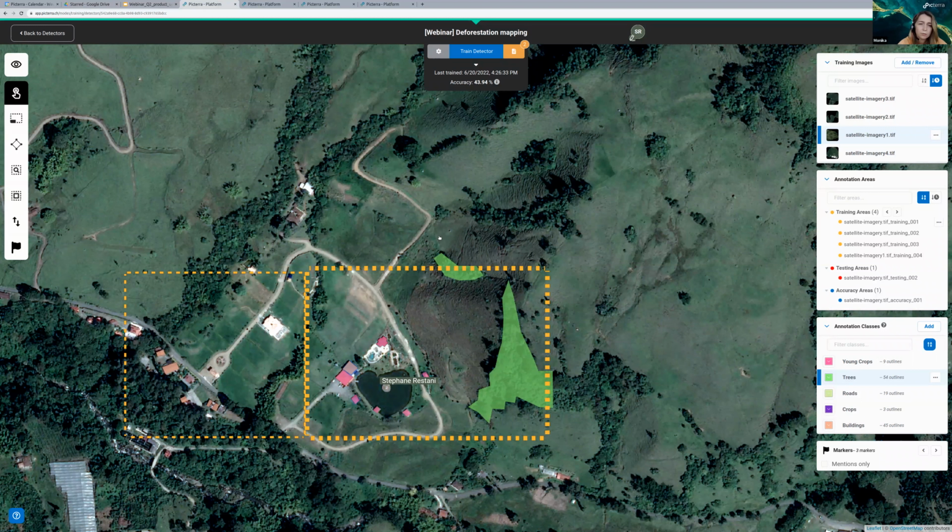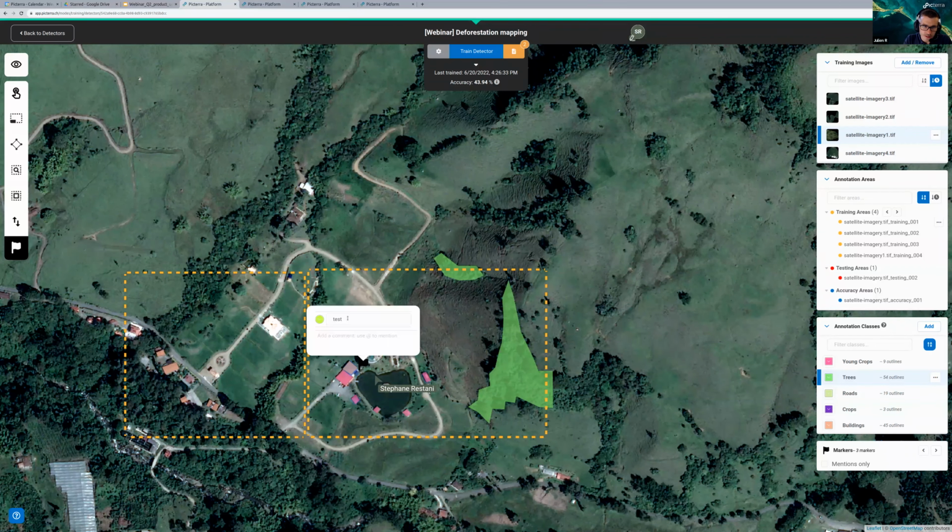Can you communicate with him directly? Yeah, that's a very good question, actually. I can communicate directly with him through the markers that I mentioned before. The way you do this is I select the marker tool, and then I can create a marker here with a category. We already have a category for things to review. And here I can mention Stefan in the marker's comments. So if I type, Stefan, the class seems wrong,